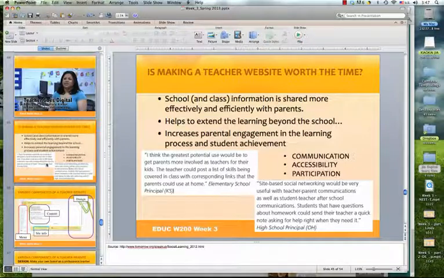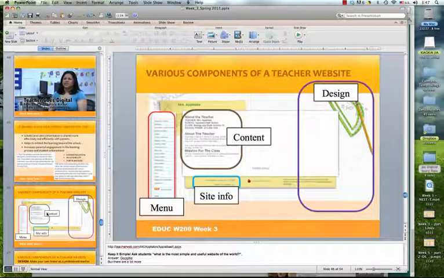Okay. So here on this slide, you will see the various components of a teacher website, and usually we have a menu, or it's called a sidebar, and site information like when it was last updated, and also the design. But the most important thing will be the content on each page of the sidebar.